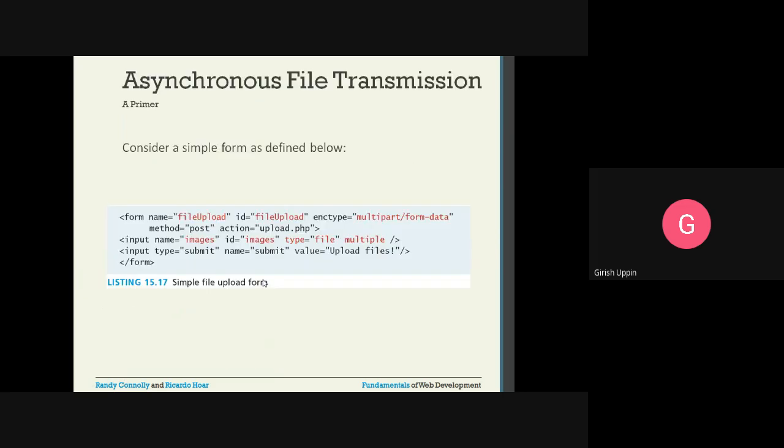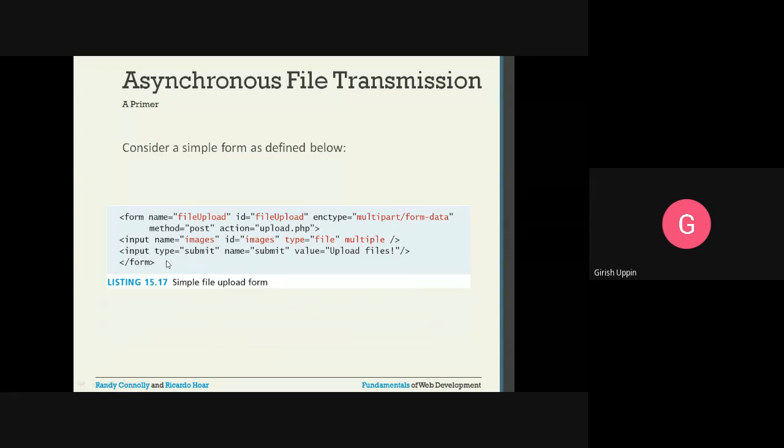Asynchronous file transmission. This is the simple form. Here we have the form name as file upload, the id is also file upload, and this is the encryption type. Then method post, action upload.php. So this is the form, and it has two inputs. The first one has name images, id images, and type file, with multiple, so we can select multiple files.